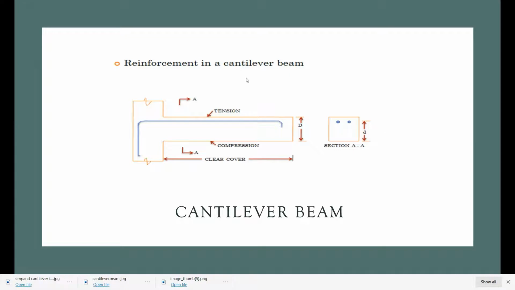And this is the cantilever case, because a cantilever beam shows the hogging case, where the top fiber is in tension and the bottom fiber is in compression. So in the tension zone we have to provide a steel reinforcement bar, shown here in blue. Here it is shown with the cross section: if you cut the cross section here, you will see that the reinforcement bar has been provided here.